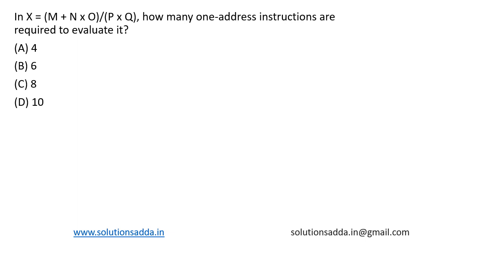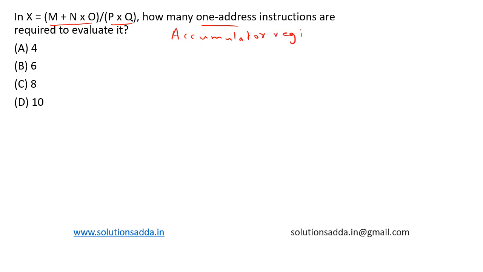This is a question from computer organization. In x equal to m plus n into O divided by p into q, how many one address instructions are required to evaluate it? So in one address instruction, an accumulator register is used to perform all the instructions. So we use accumulator